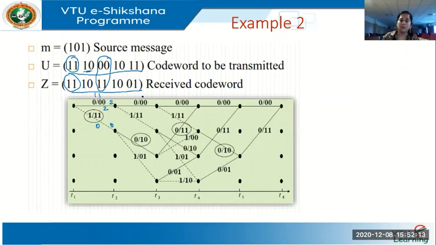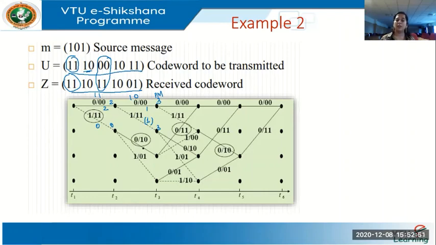Next is 1, 0, which we are going to receive here. When 1, 0 is compared with 0, 0, again you get a value of 1. The branch metric is 1. 2 plus 1, if I move along this path, at this node the path metric is 3. And here 1, 0 differs from the code bits 1, 1 by how many? Just 1 unit. Correct. So already we have 2 here, plus 1, 3. Path metric at this node is 3.